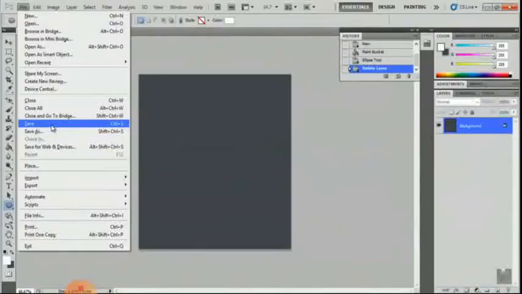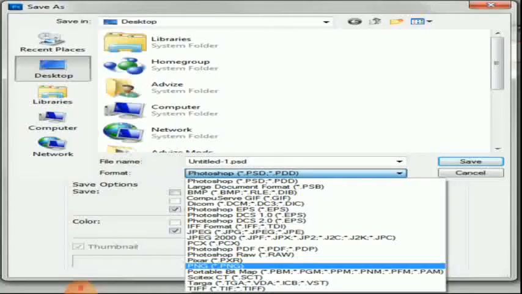First you have to go to File, click on Save. The Save As dialog box will appear. Type the file name in the file name text box. Other file formats can also be specified by clicking the down arrow in the format box. Then click on Save button. Now your file is saved.